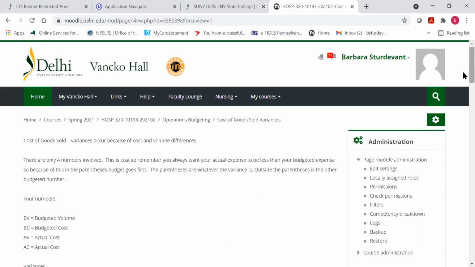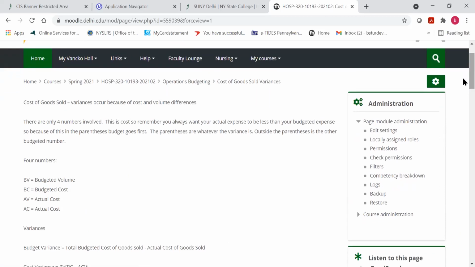All right. So this is the second set. This has to do with cost. And again, it's the cost per one item. So now we're talking about cost. So you're comparing, again, 4 numbers, budgeted volume, actual volume,